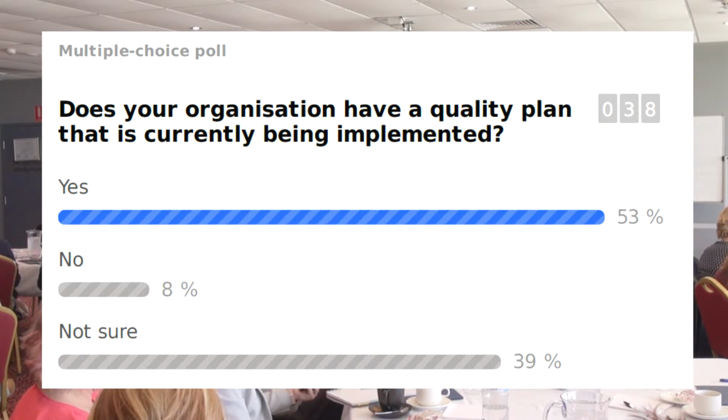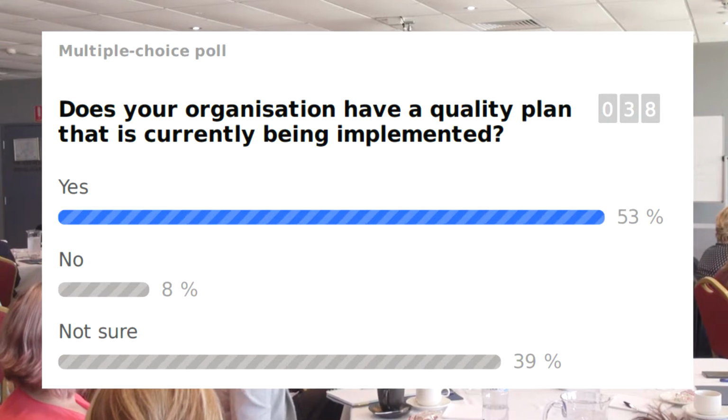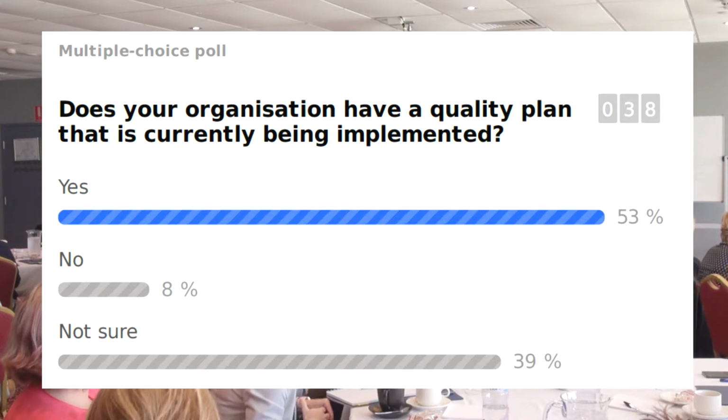We're really looking to see the percentage of people that have got a plan in place. And the beauty of this is nobody knows whose hand is being held up, so you don't feel compelled to put yes or no. They're up over 30 at the moment. We can see that around half don't have a plan in place. For those that do, that's fantastic. And if you have got a plan in place, you can perhaps look at the template and see if there are any improvements to be had.